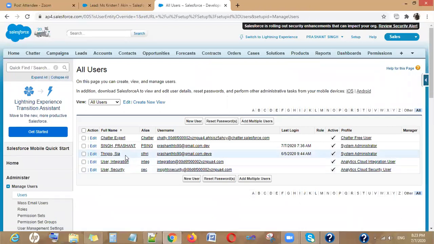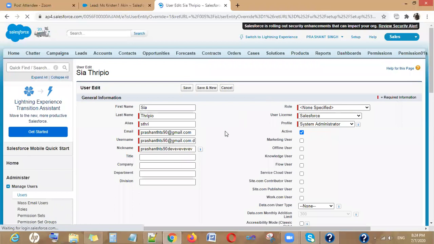Now let's edit one of the users. So last name, as I told you, this is my last name, email, username, user license, profile. Role is optional.